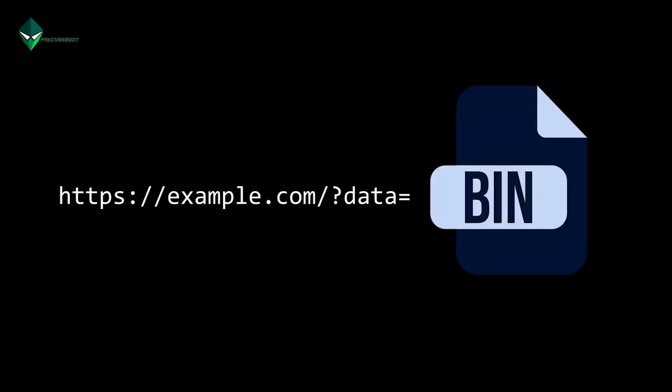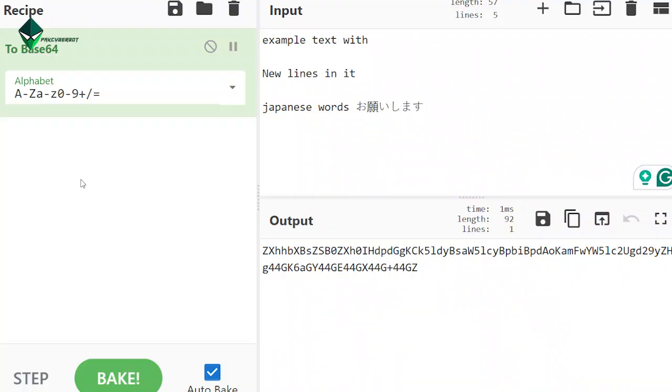We can't just add raw data into a URL. We need to convert it into a URL-friendly format. That's where base64 encoding comes in. Base64 converts any data into a string of supported characters, handling things like newline characters that URLs can't process directly. Even the equal sign, often found at the end of a base64 string, must be URL encoded to percent 3D to ensure safe transmission.